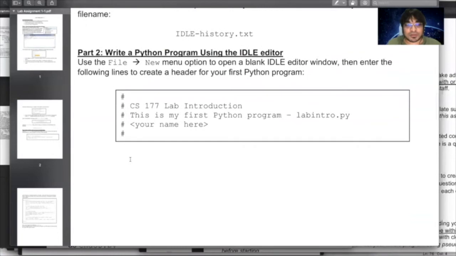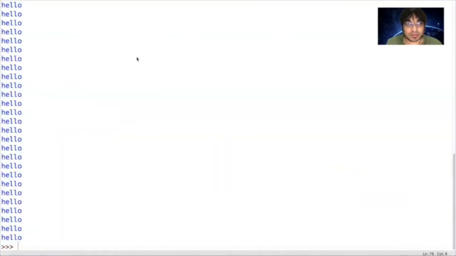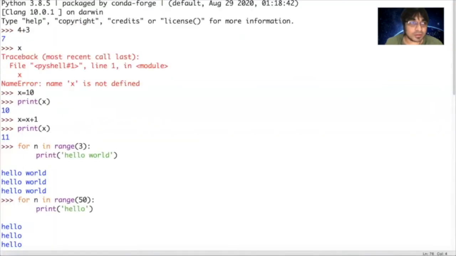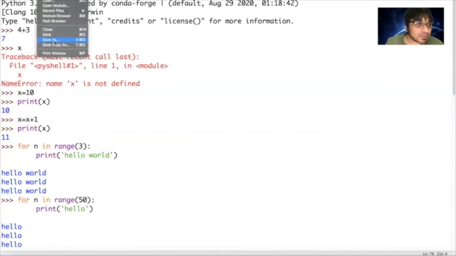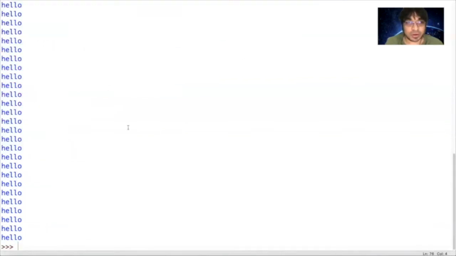So this was pretty much an introduction to Python's idle shell. This is where you can play around with variables, loops, and so on and so forth. You can also save this whole thing, like File, Save As, and go ahead and save it whichever way you want.